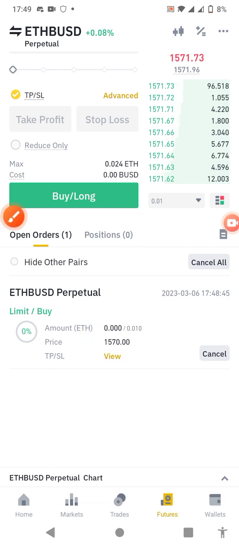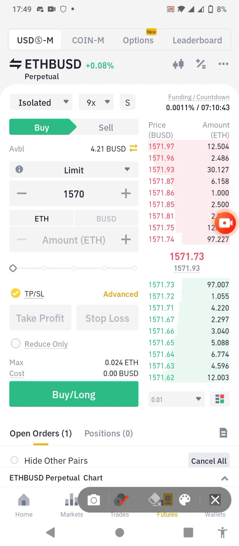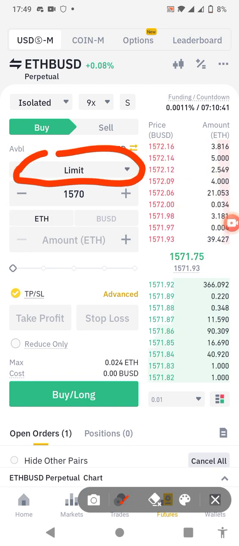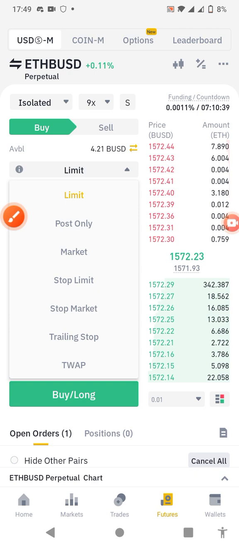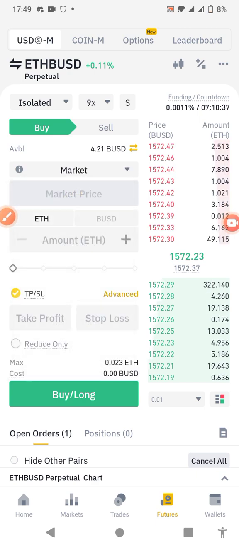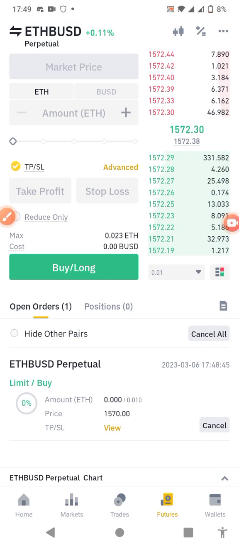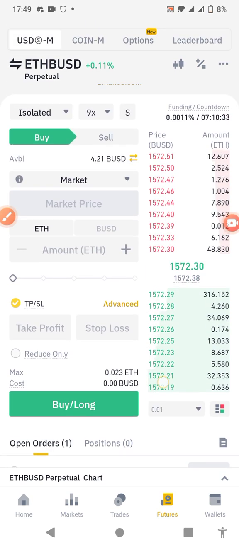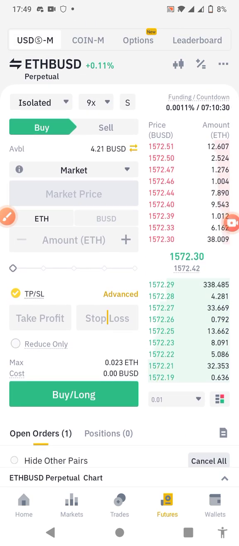This is the first way you can create the order. You can create the contract order by limit. Now let me create the market order. Please acknowledge the usual market order or stop, you need to know them. For the market, you cannot edit the price at which you want to take your contract, either buy long or sell short. So once you put on market,